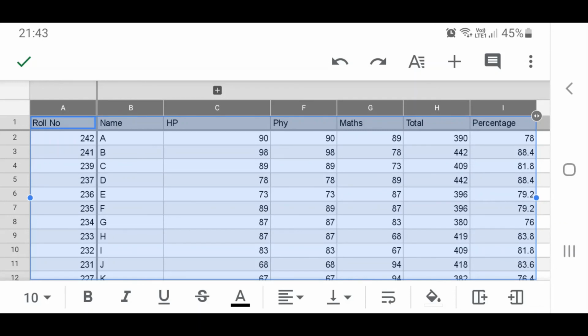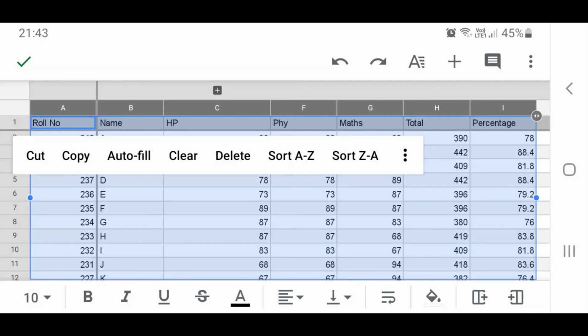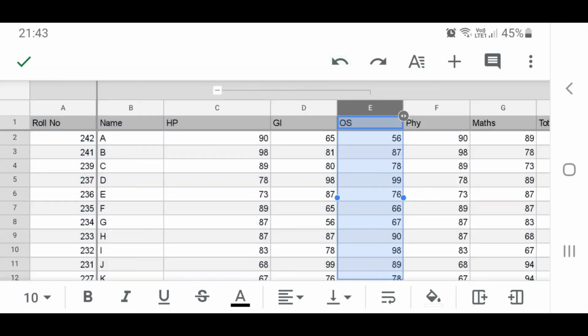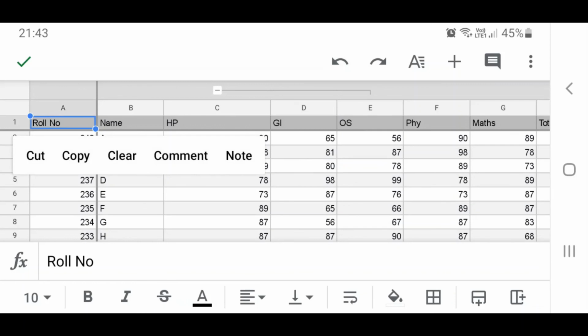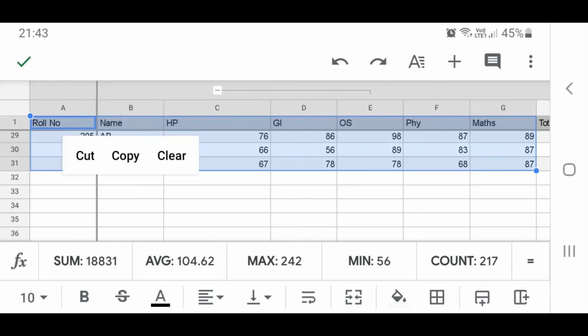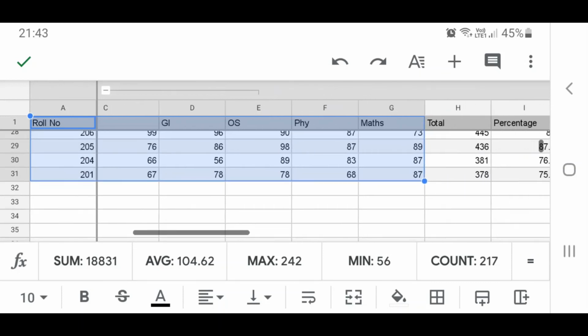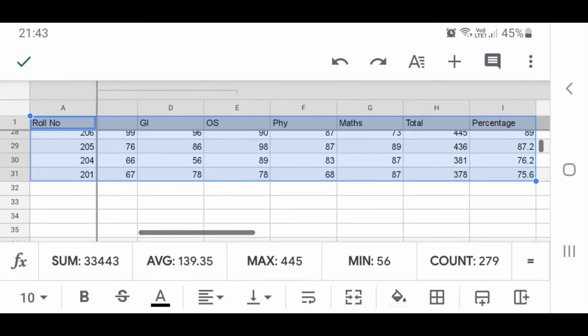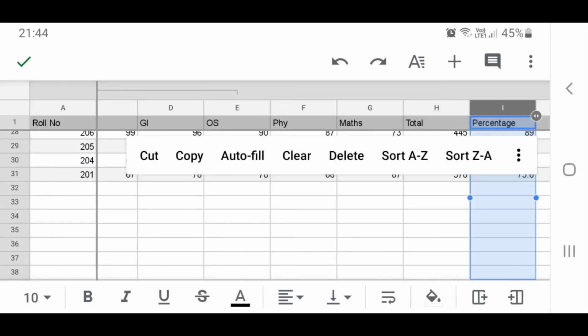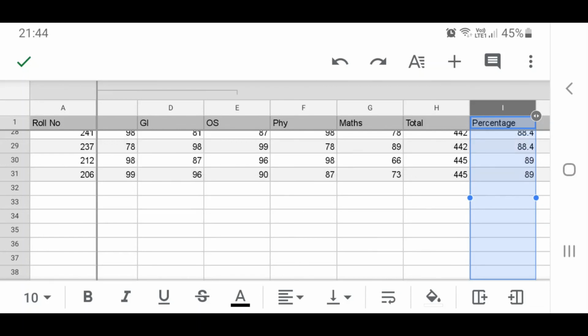I am going to choose which heading I want. I have selected all the values, and I have chosen my percentage. I am just choosing the percentage and going to give sort.